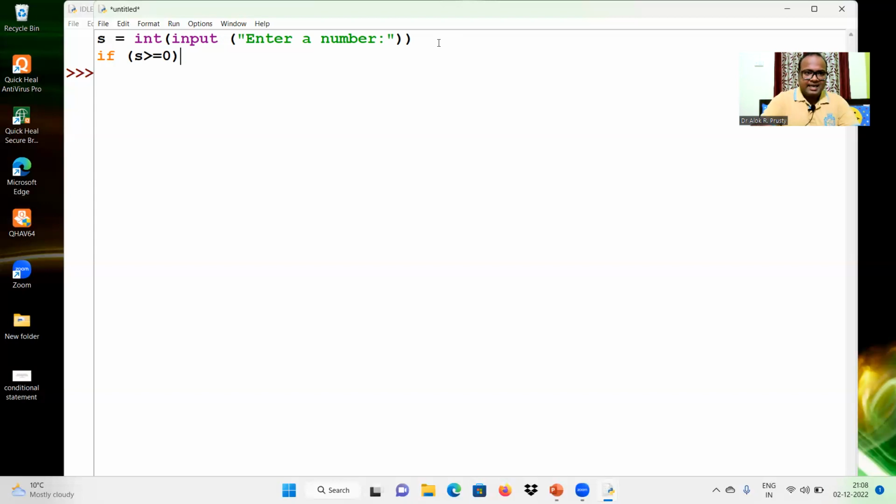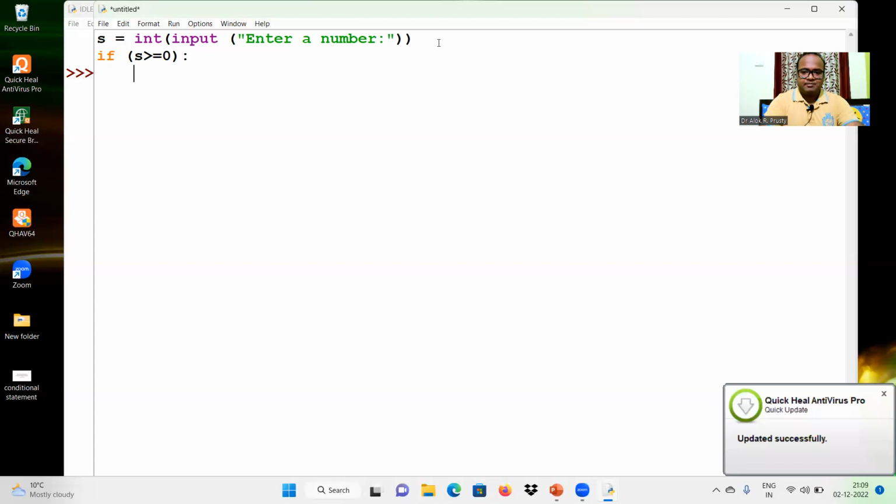Now after that, I need to write a colon, because this colon signifies that on satisfaction of the condition present inside the if, it will get inside the if block. That means if the entered number is greater than or equal to 0, then it will execute this block, that is